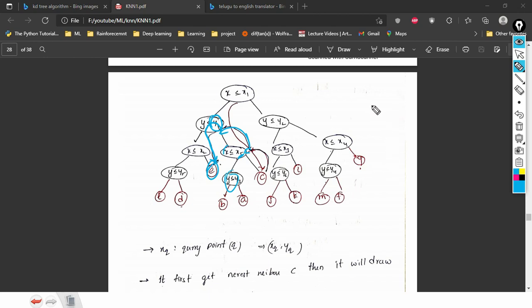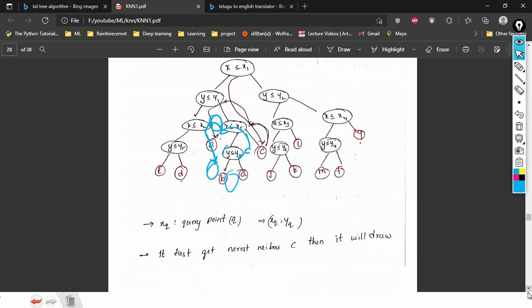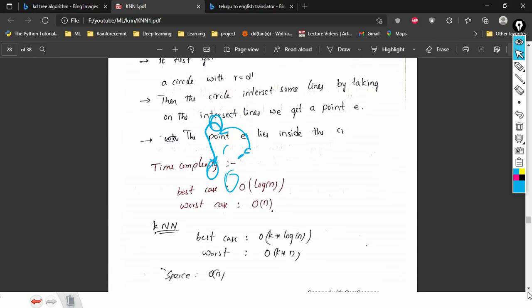But here also we have a problem: the more regions the query point touches, the more regions it has to move through, and at that time also it becomes more complex. That is one problem here. By this way, the best case is order of log n. Order of log n is the time complexity. In the worst case,